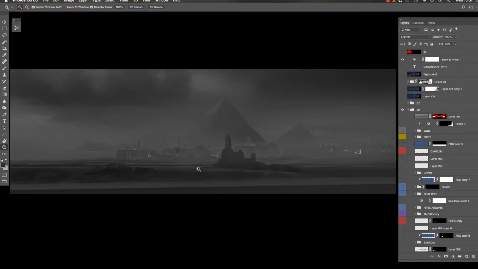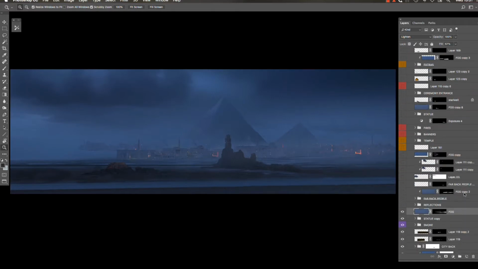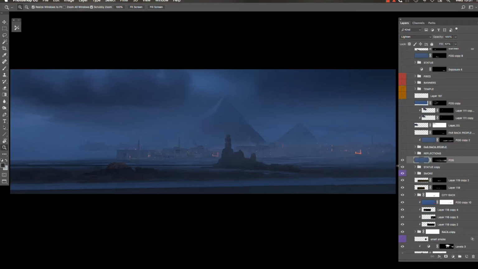In any case, I often go black and white to check my values, which is super important. Values, even before colors, are important to create depth in the scene and to drive the attention of your audience, to tell your story. So it's something that I do often. As often I flip the image, because after a while you get tired, and you get used to what you're seeing, what's in front of you, and you stop seeing the